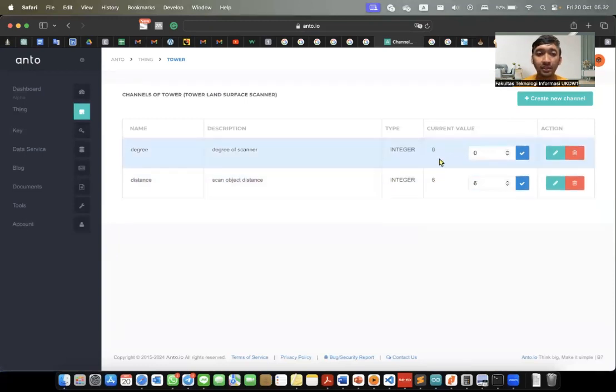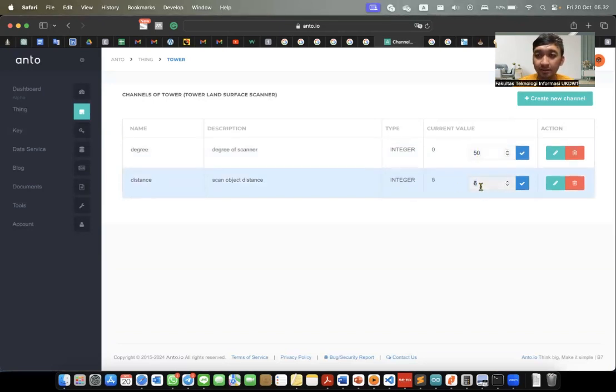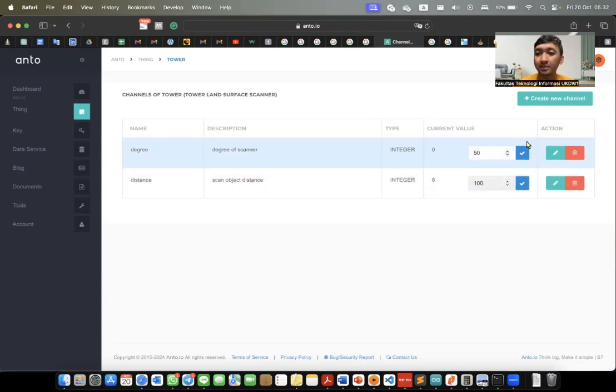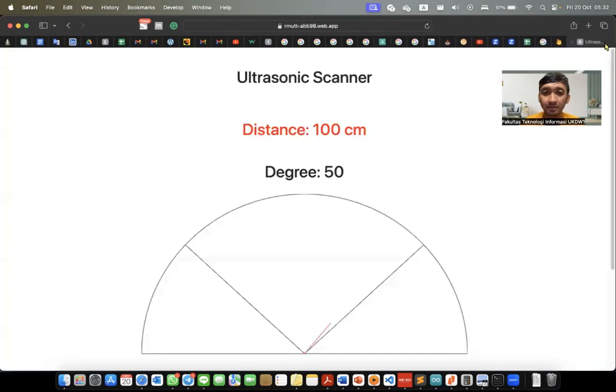Okay, if we change the degree to 50 and the distance to 100, we execute, and we can see on our website distance 100, degree 50, and the red line will be created.